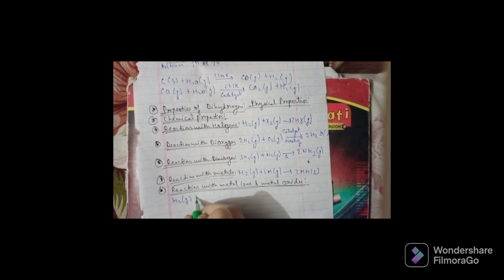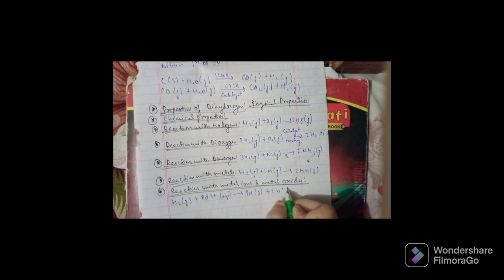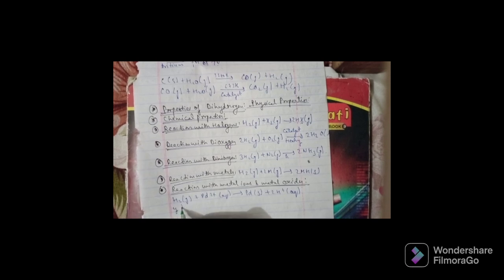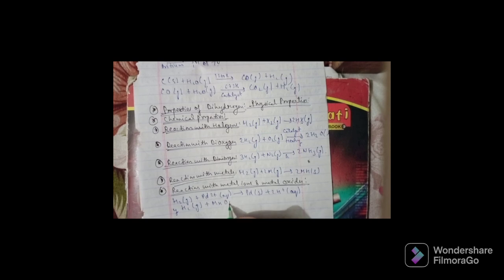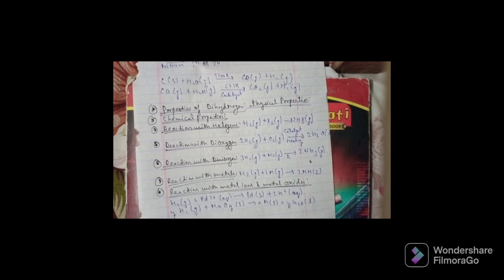H2 gas plus Pd2+ aqueous will give Pd in the form of solid plus 2H+ aqueous. And y H2 gas plus MxOy in the form of solid will give xM in solid plus y H2O in the form of liquid. Now reaction with organic compounds, we have